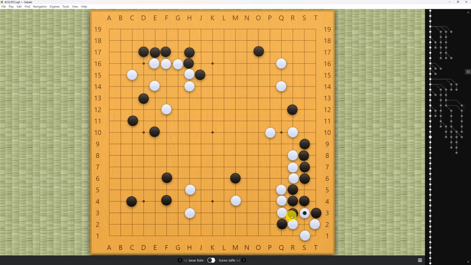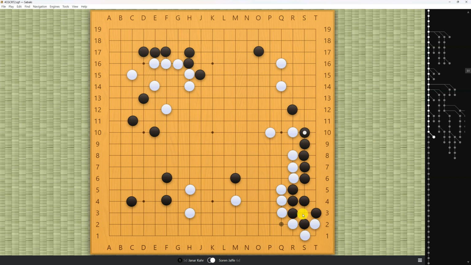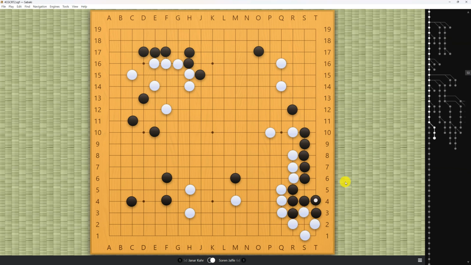And it's not like, again, when we get this variation where we go here, play there, and then we get the cut. This confused me because it looks like black's fighting the ko, and I'm like, okay, I'm going to fight this ko because it's very big. But then black just connects, and then I can fix. I think black should just fix at S10, because even if I play S3 and black has to connect, later on, black's able to